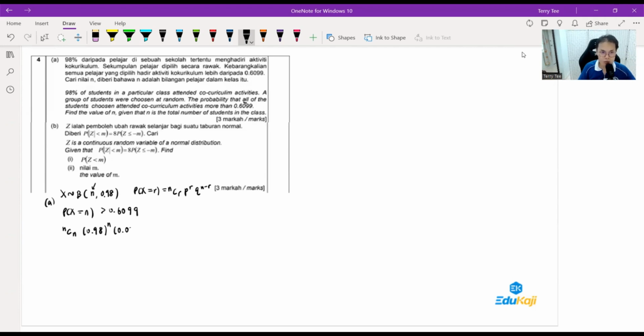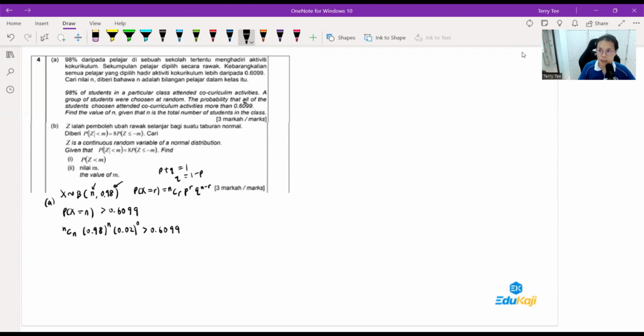Q is 0.02. Now remember the relationship between P and Q. P plus Q is 1. Q is 1 minus P. As we take 1 minus 0.98, you get 0.02. And this is n minus r. Since your r is n, you get power 0. And this number should be greater than